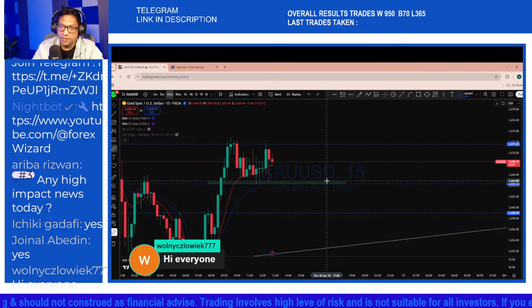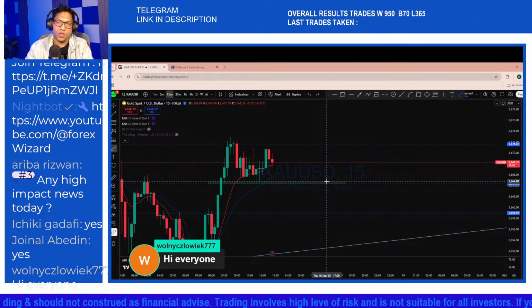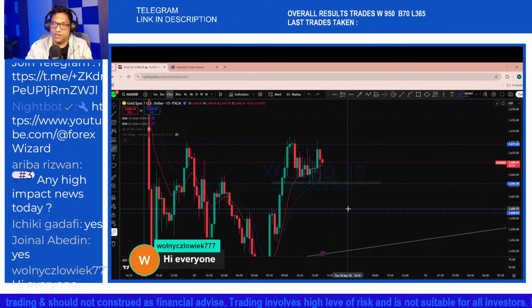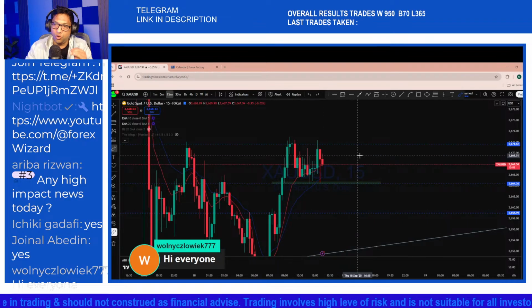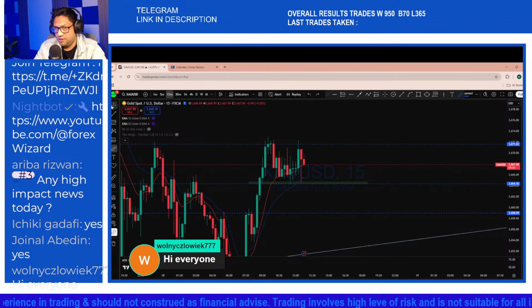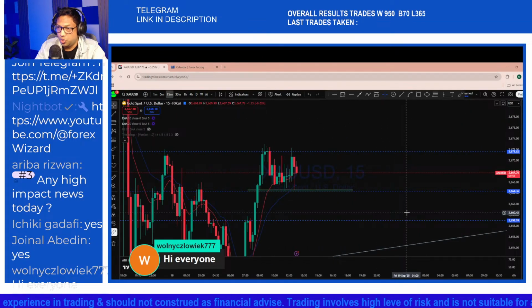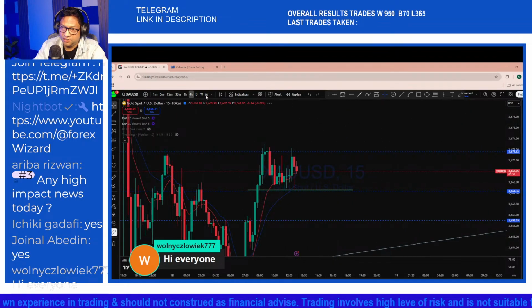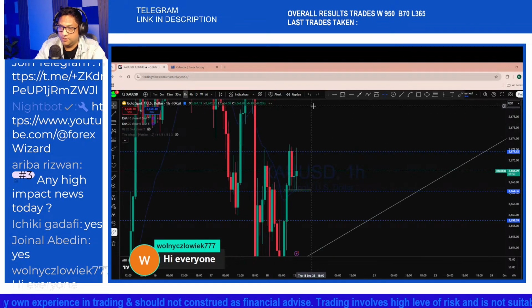So at the moment, we still cannot certainly say that the market will grab liquidity and then trend. Rather, what we are looking at here is for the market to show that reaction formed in that area,